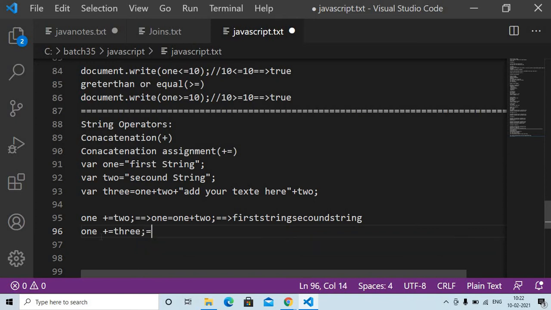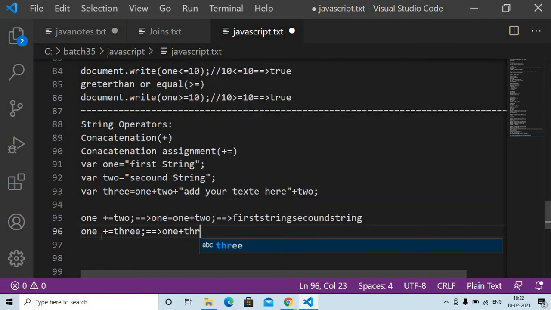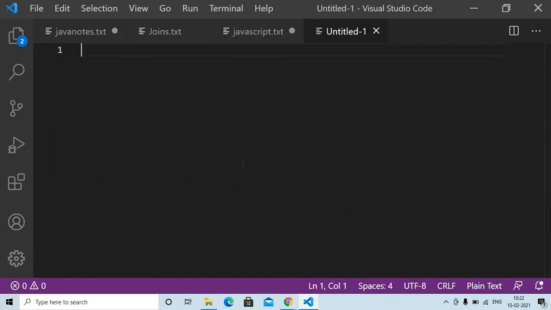Okay, so again it converts internally, 1 is equal to 1 plus 3. Okay, so it is adding, concatenating and assigning the value. That's why concatenation with assigning. The operator name is concatenation assignment. We are using the plus and equal to symbol. Clear? Now I'm writing one small example, you can get the clarity.